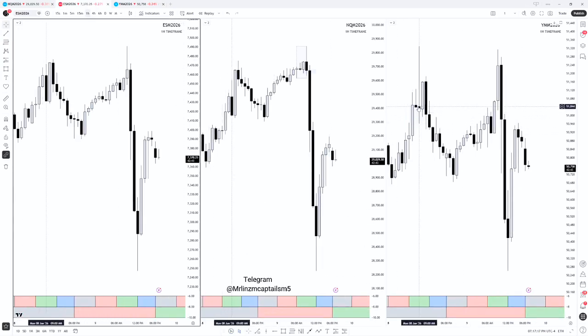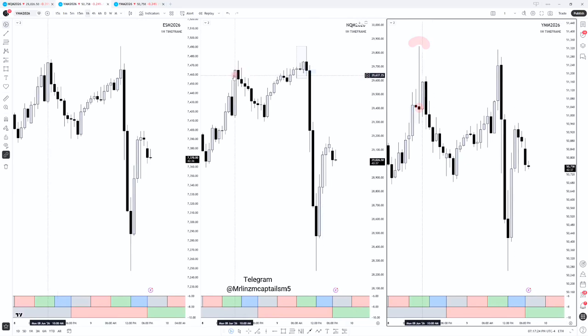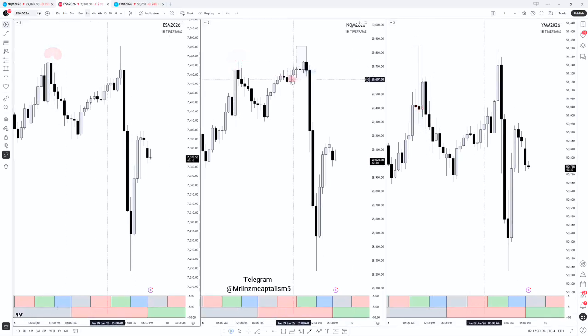So if we go on the 1-hour chart, we can see that Monday's high on the Dow formed at 9 o'clock, right? And on the NASDAQ and the S&P, it formed at 11 o'clock. So this isn't symmetrical in terms of exact